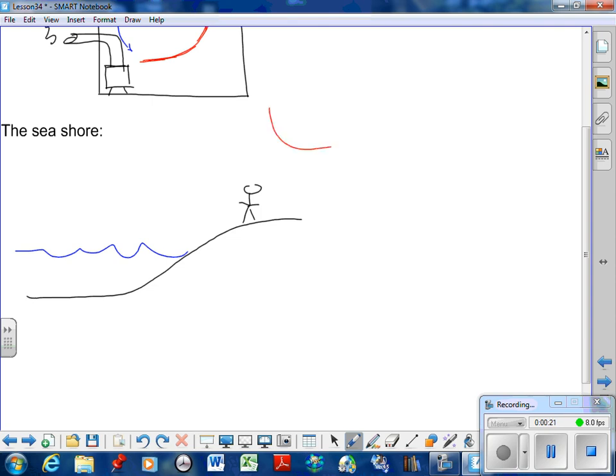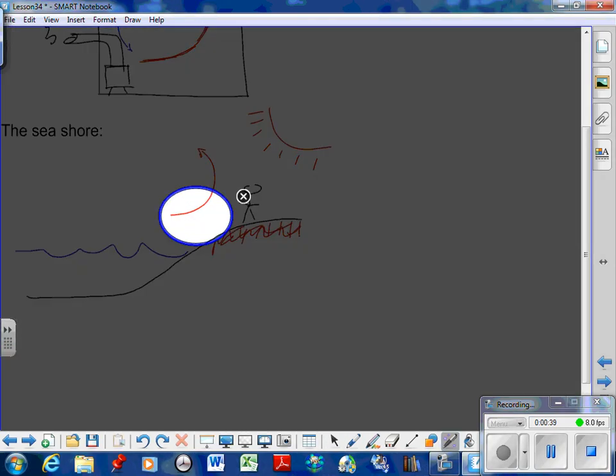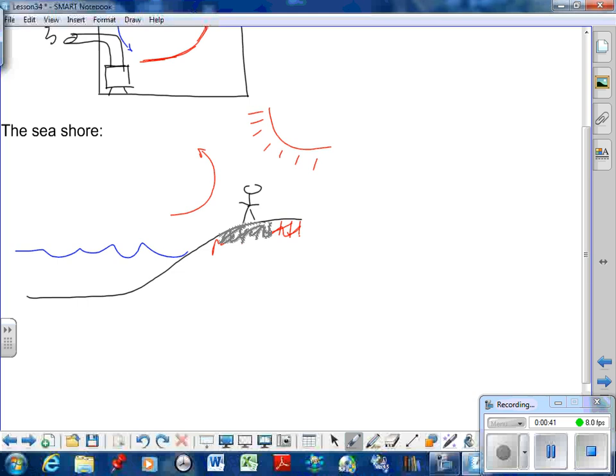What we have is the very hot sun heating up the sand, making the sand very hot. That's why you're hopping around looking silly. But what happens is the air that's over the sand gets heated and heads upward. Okay. Again, we have this void that's created. So we have cool air that has to move in here to take up that spot. So cool air,